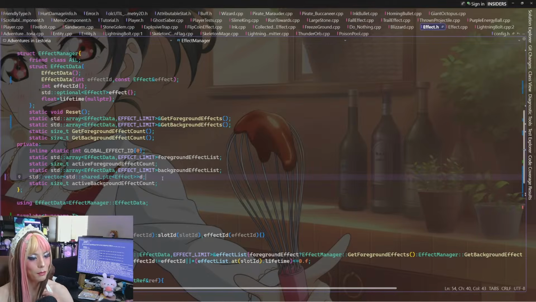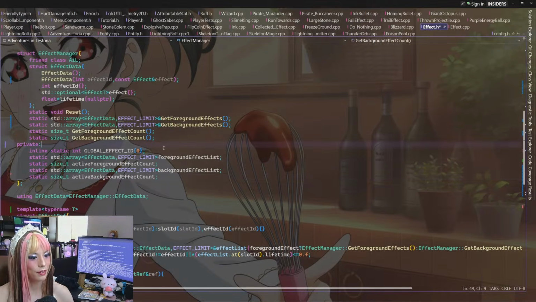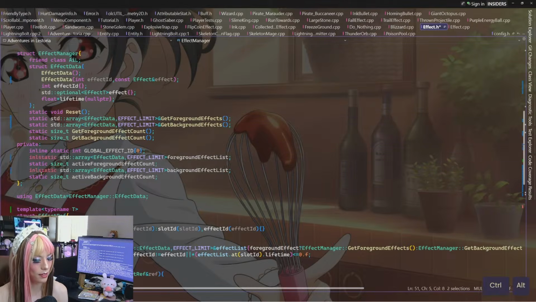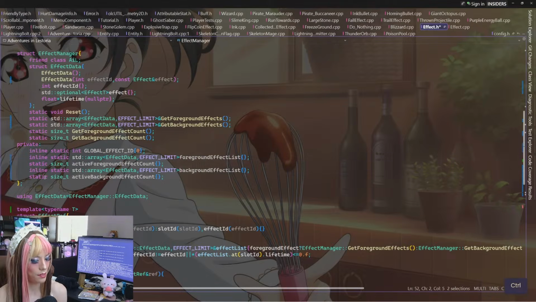Standard vector shared pointer effect. That seems like a mistake. We don't use shared pointers anymore. Okay. These are supposed to be in... No, wait. Where are the... Here's the list. I'm just gonna inline them. So they're initialized right here. And I'll also initialize these two size T's. Like so.